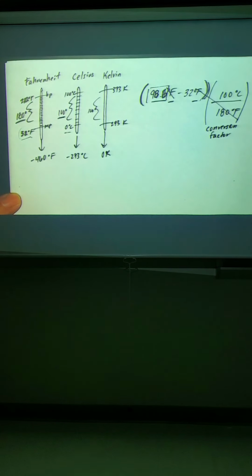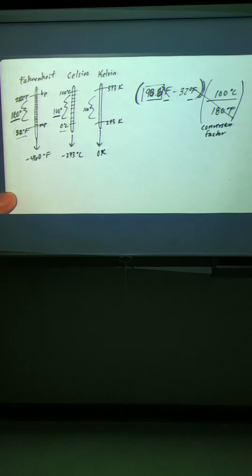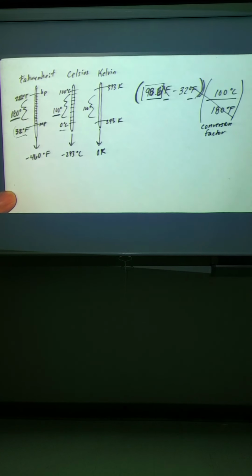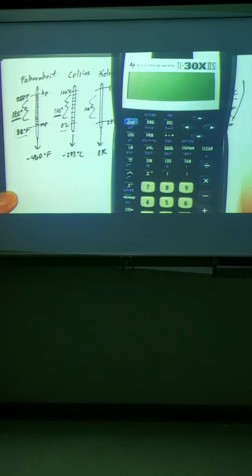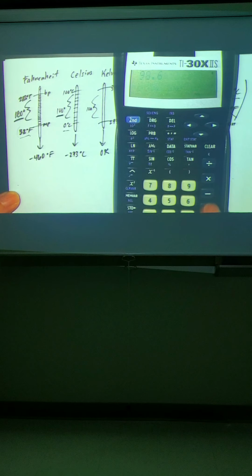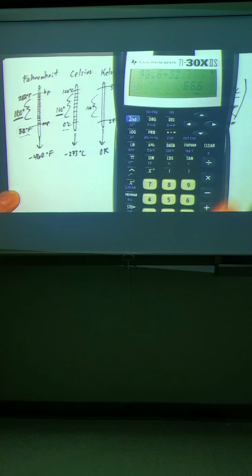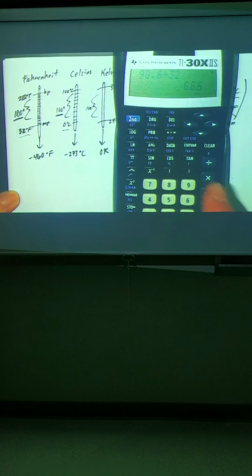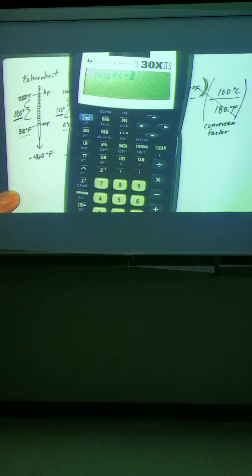Just remember that in your calculator you're going to need to use parentheses. PEMDAS says P first. Otherwise, you're going to multiply 32, do the conversion, and then subtract, and that's not what we want. So in a calculator we could type 98.6, subtract 32. Our calculator needs to do that first, otherwise it's going to take 32 and convert and then subtract, and that's not what we want. And then we can multiply, and then you can do the 100 divided by 180,